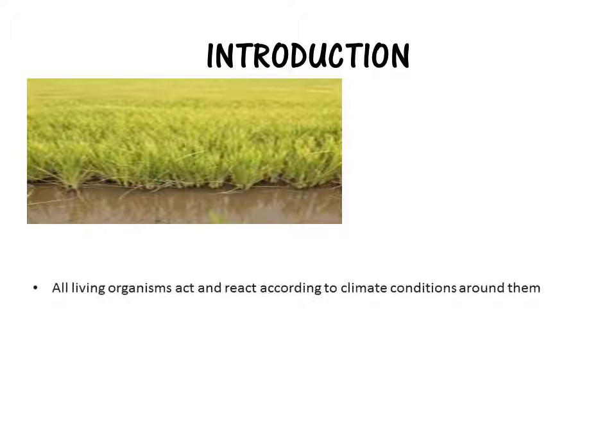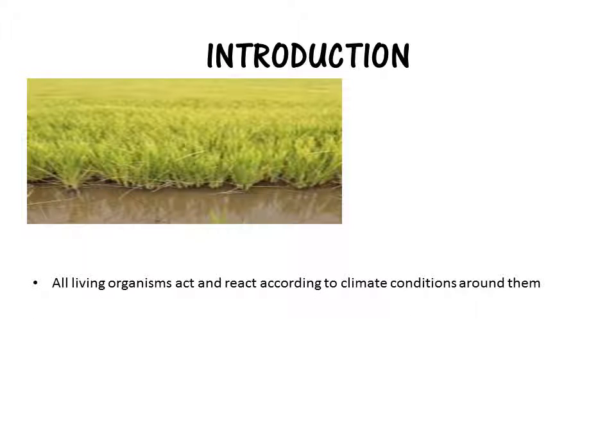For example, you wear cotton clothes during summer and woolen during winter. All living organisms react and act according to the climatic and weather conditions around them. That is why you plan outdoor picnics on sunny days and indoor activities on a rainy day. Although both weather and climate pertain to the atmospheric conditions in our surroundings, there is a difference between the meanings of the two terms. In this chapter, you will learn about weather and climate and how animals adapt to the